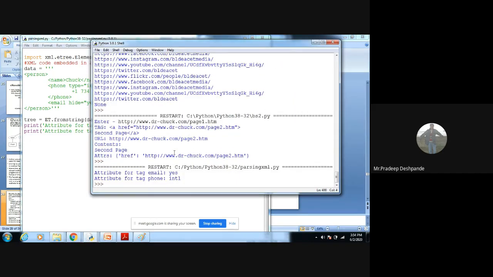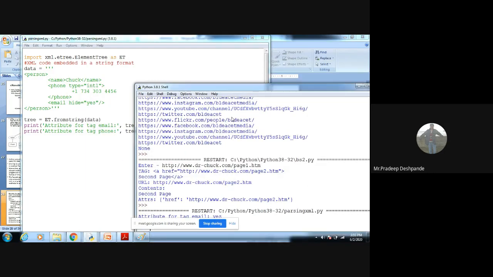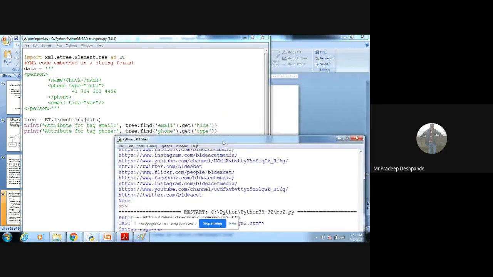See, attribute for tag email. Is there any tag called email, and whether it is hidden or not?